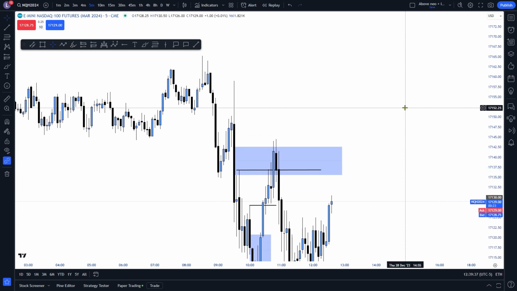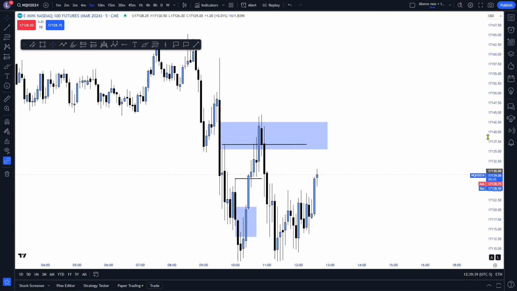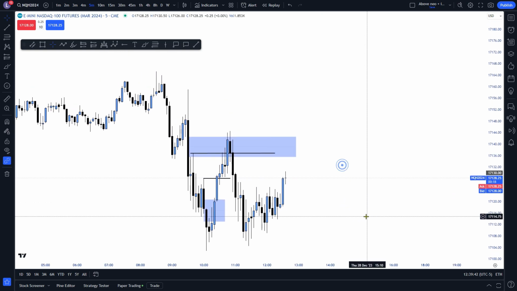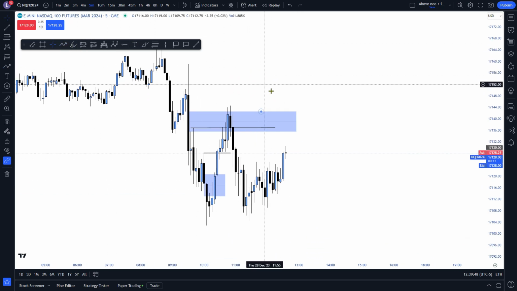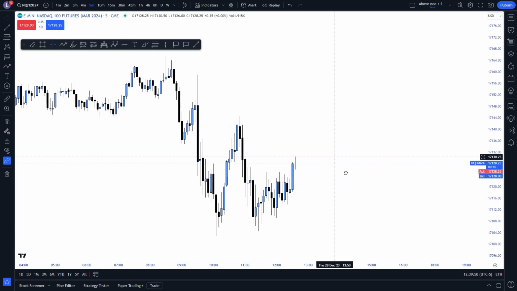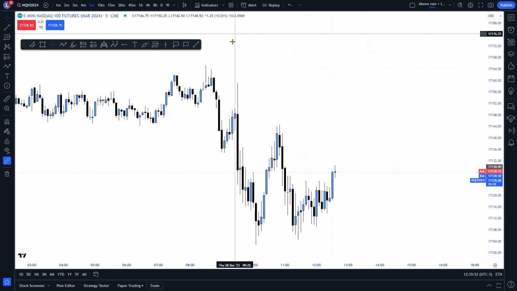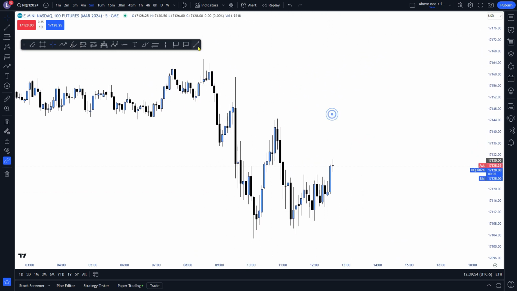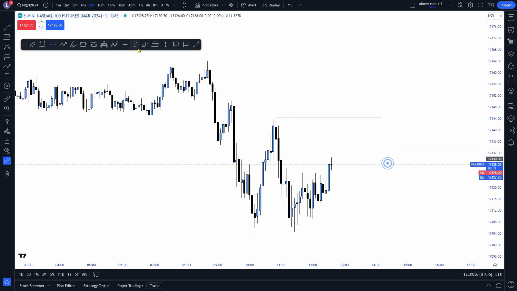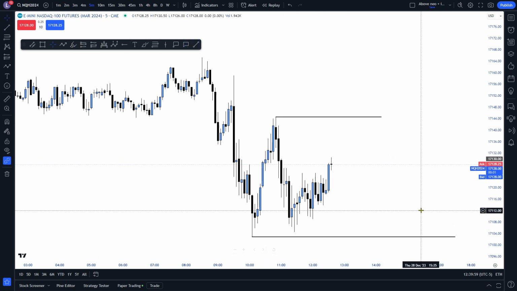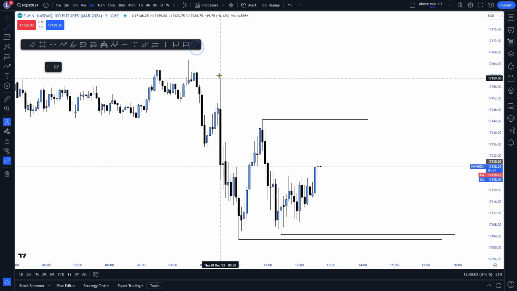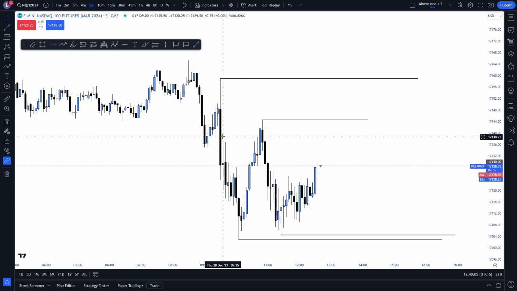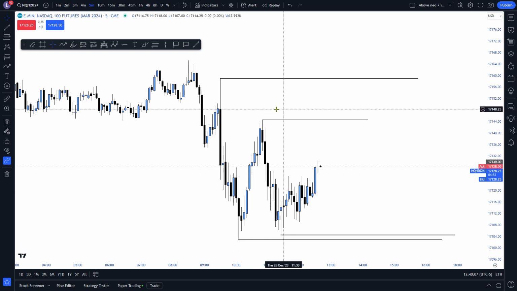Now, what I mean by that is there are different types of liquidity. You have your swing highs and swing lows, which is liquidity that looks something like this. So as you can see, let me just clean up this price action for you. We have this price action right here. This would be a swing high, this would be a swing low, so would this be a swing low? All I mean by swing highs and lows is just the swing highs and swing lows, and that is